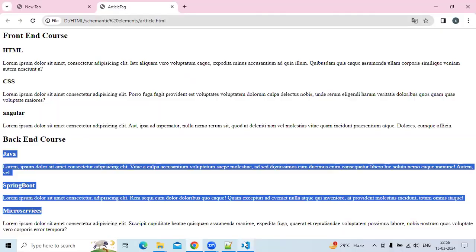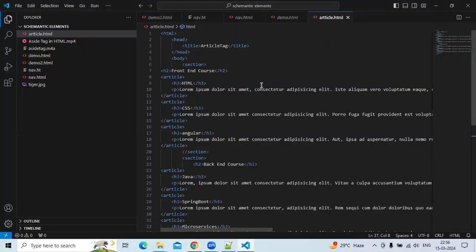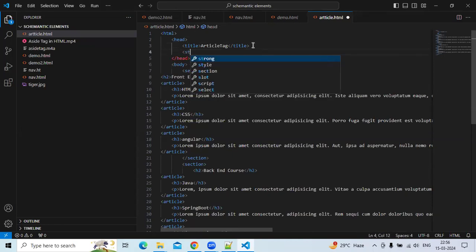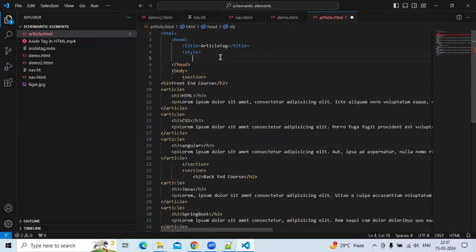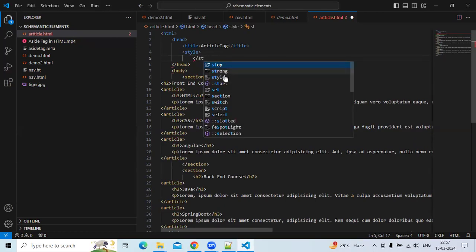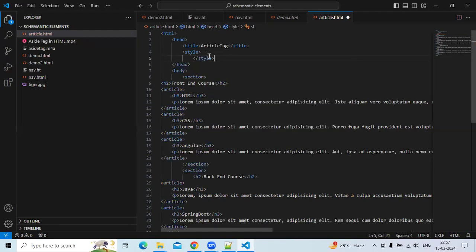Now we'll apply CSS. For the CSS, I am taking the style tag in the header part. This is the internal style. Okay. See, first I am taking CSS for the section tag.